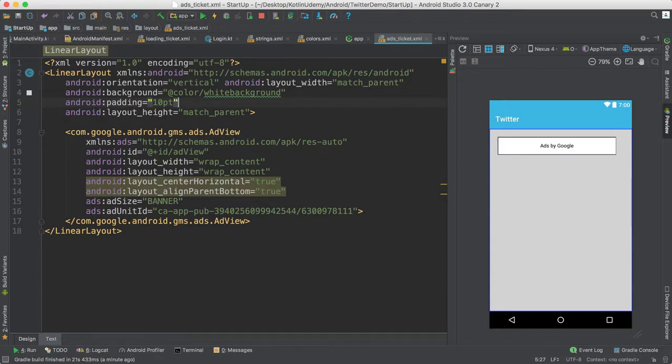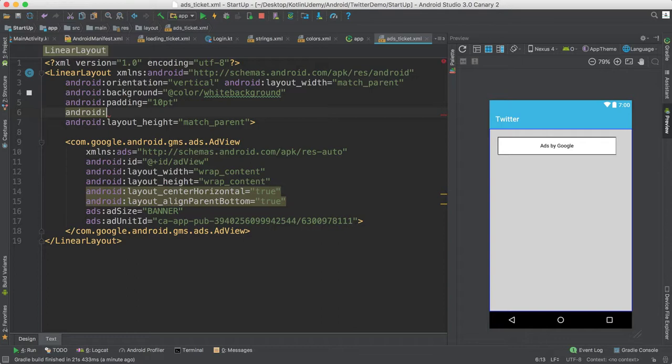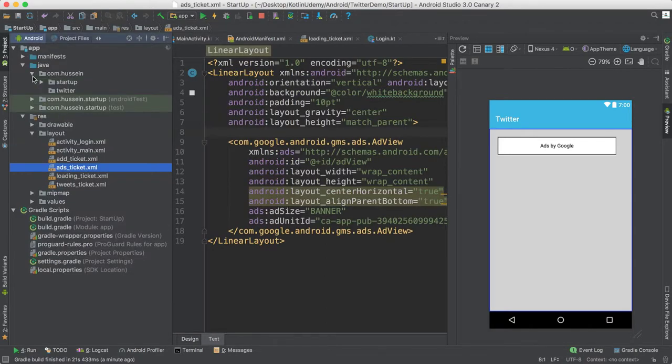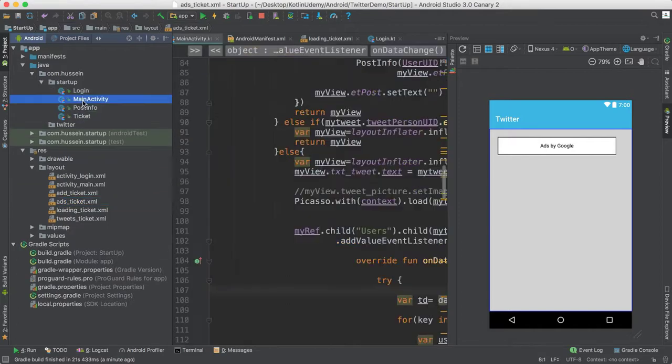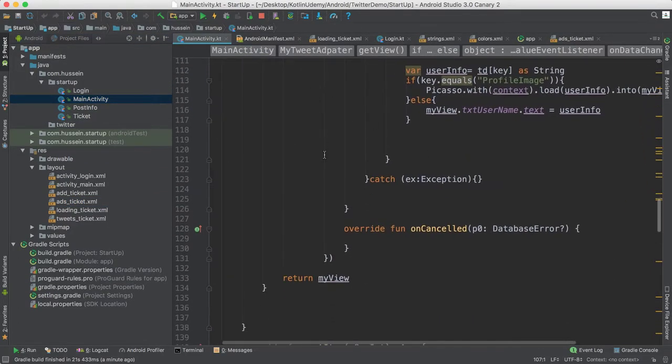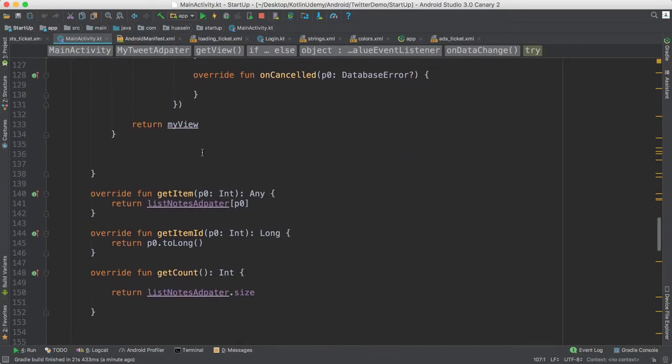For example, I say android:layout_gravity center, show it in the center. So I like it, seeing it in this way. Adding padding around it will be better. This is the type of ads. So now I want to show this ticket. So you know how to do that. If I just go back to show any ticket, I have to go to the main activity and the code for showing tickets. So going here